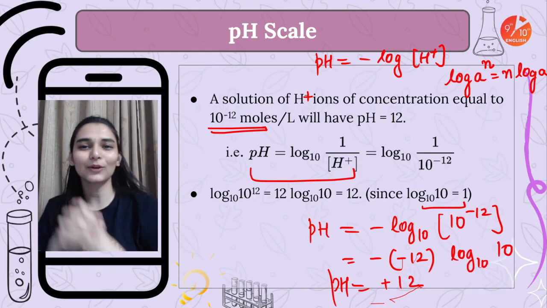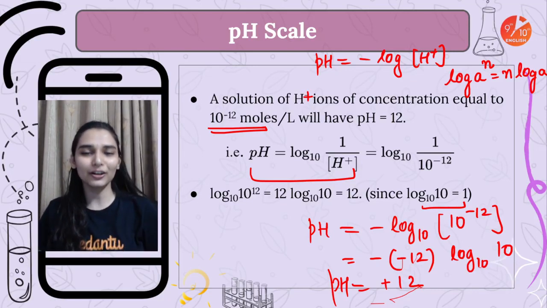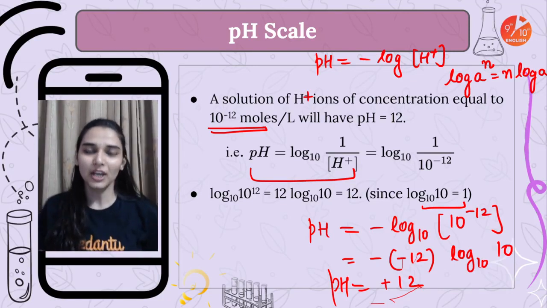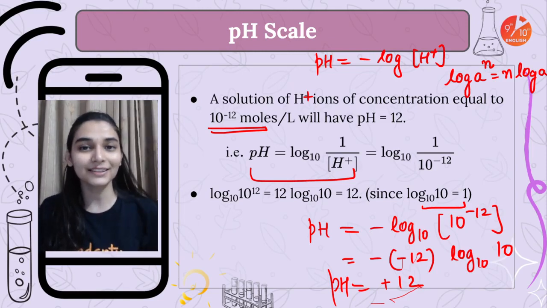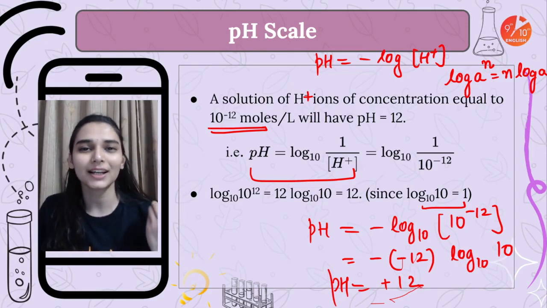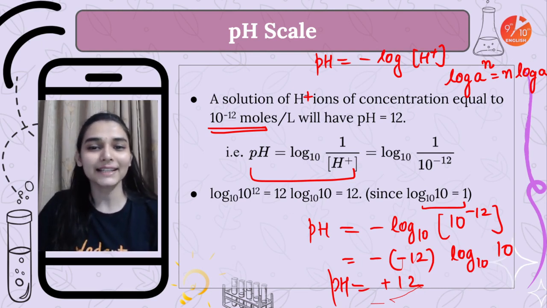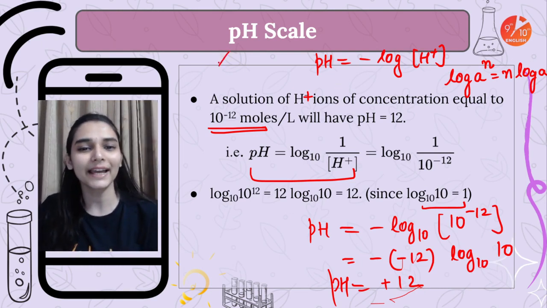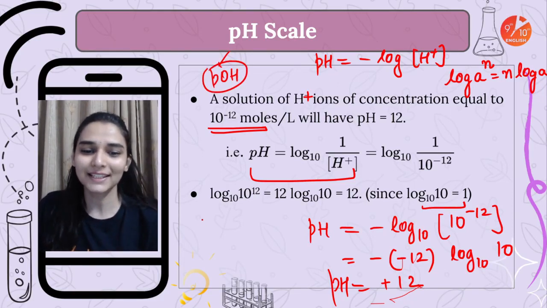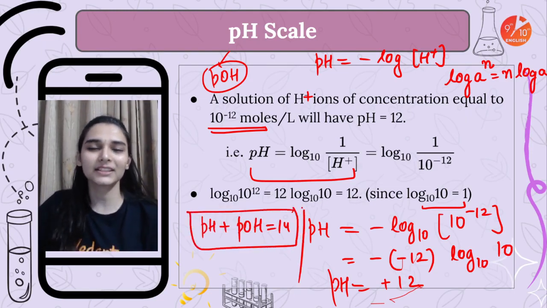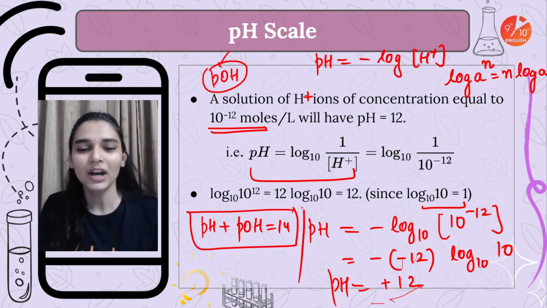ठीक है, कर सकते हो. If you are having the H plus ion concentration, you can find the pH. If you have the pH, you can find the concentration of H plus ions quantitatively. That is the beauty. And not just that, ऐसे ही एक pOH scale भी होता है, that is for the potency of OH ions, and there is a relation between pH and pOH. pH plus pOH का value होता है 14. This is not in 10th class right now, but still.